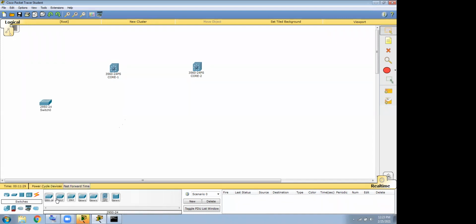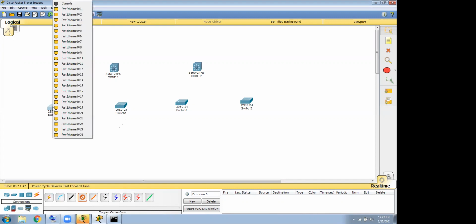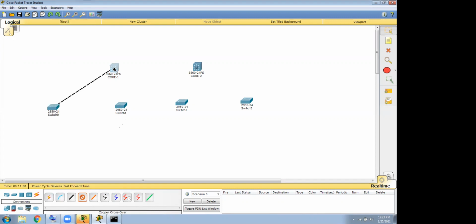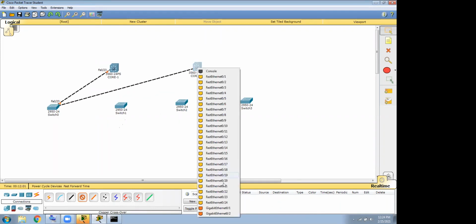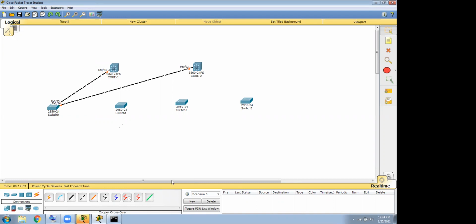See, you have one access layer switch here. Let's say one floor here. This is another access layer, and this is another access layer, and this is another access layer. Let's say they are on different floors. From every switch, one trunk port, 23, will go to core 1, and from the same switch, another trunk port will go to core 2. This is called redundancy, high level redundancy.